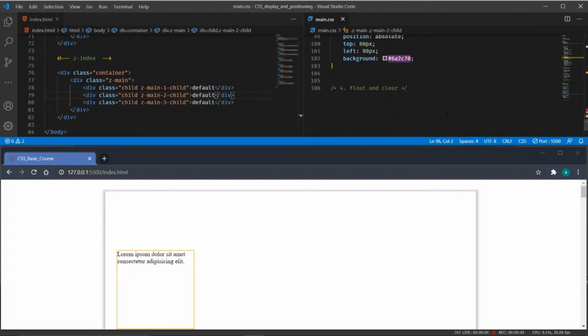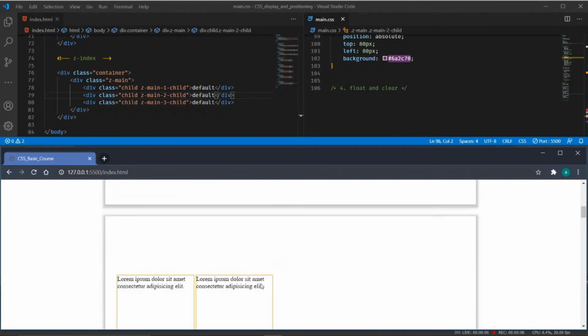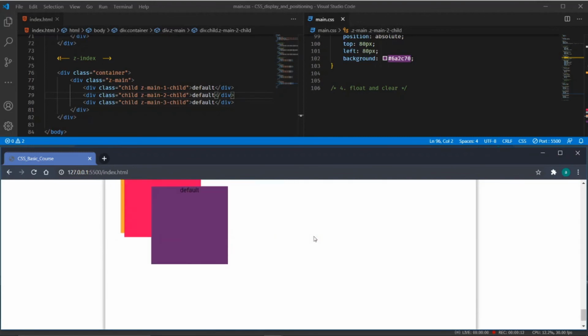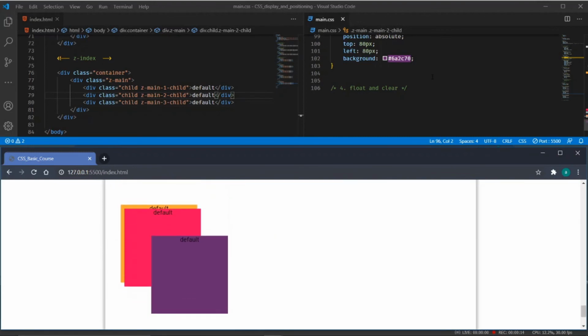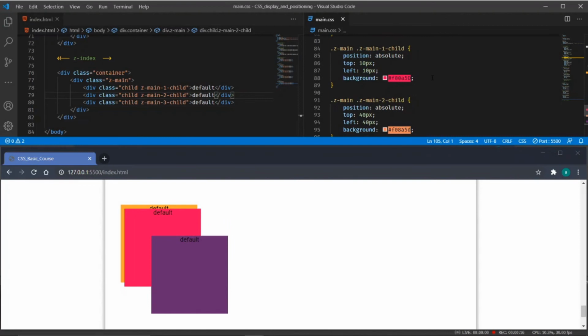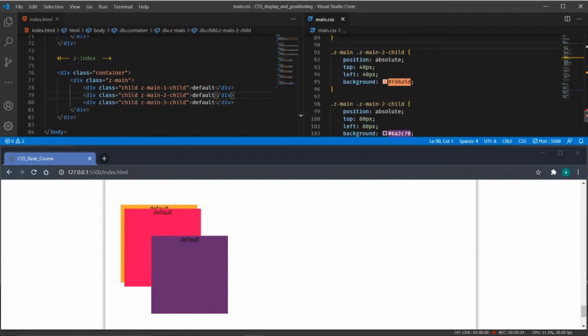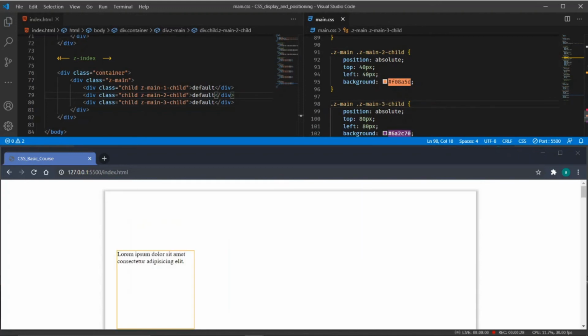So after saving it, I will refresh the browser and I will check. Yeah, so as you can see on my screen, the first one is okay. So I have made a mistake here. I will add the main 3 also.